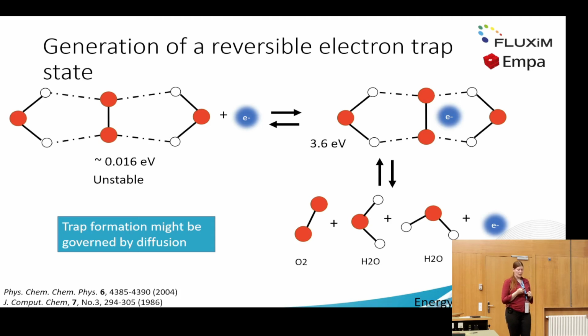One of the theories we have is concerning this complex here. It consists of 2 water molecules and an oxygen molecule. And when it has an electron captured, it is quite stable. These are the 3.6 electron volts we usually find. But when we remove this electron, what happens is we have a very, very unstable complex which has an energy of about 0.016 electron volt. And just as a reminder, at 300 Kelvin, we have an energy of 0.026, basically meaning that this complex will